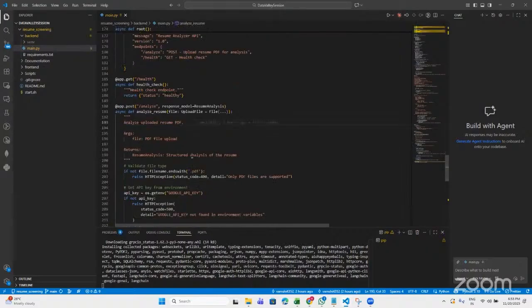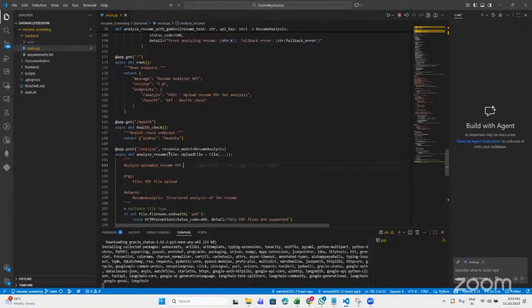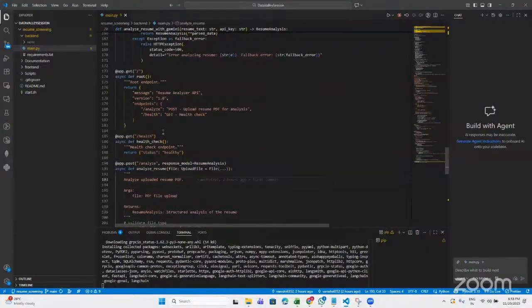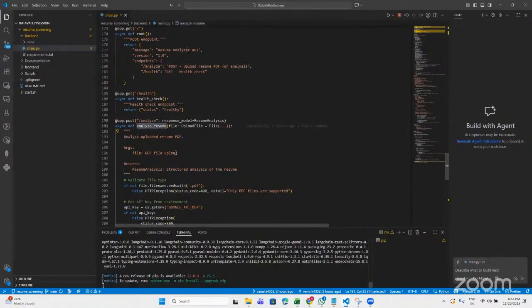Okay. And then what are the other endpoints here? That's it. Okay. So you have three endpoints here, root, health, and analyze. Health is, of course, just for returning health, so to check if the API is working or not. Root is again just for metadata in terms of what all endpoints are there. Now what we are doing is /analyze is the main endpoint that we need. So what it does is,